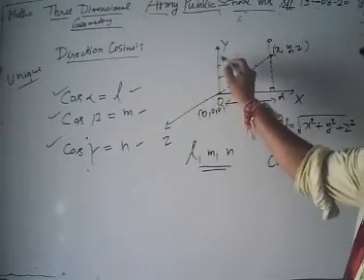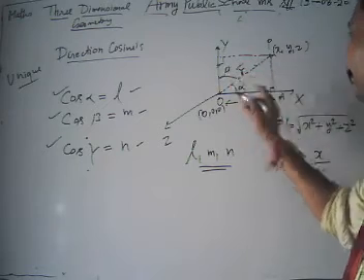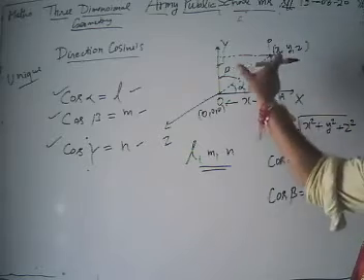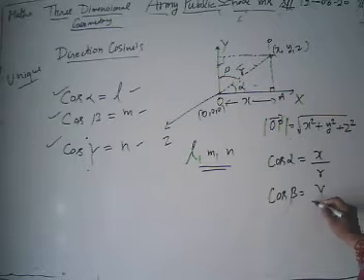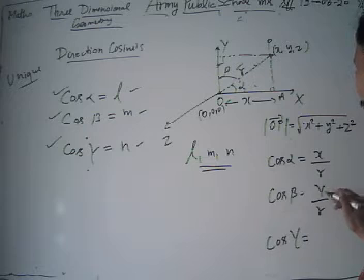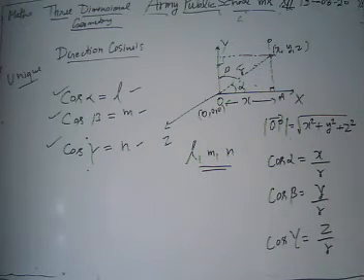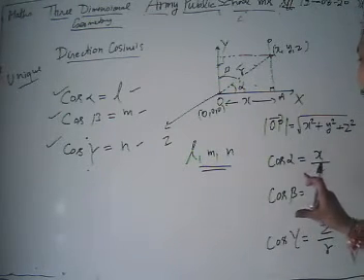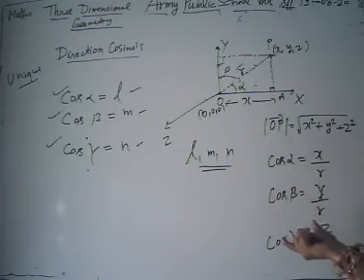Simply suppose we draw a perpendicular on the y axis, and suppose its angle is beta. Then from this right angle triangle, the value of cos beta is what? Its base is y to the hypotenuse R, so y upon R. And our third one, cos gamma, is given by z upon R. Then what we get from there is x, y, z.